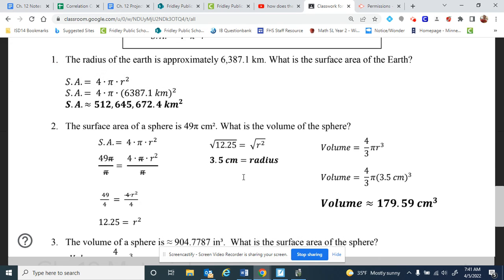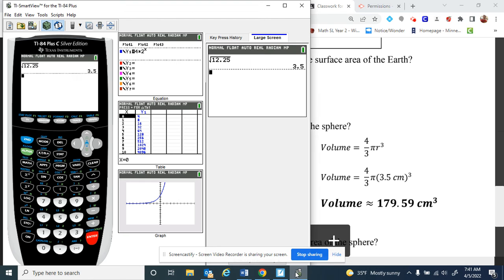And then we're going to take that radius and plug that into our volume formula. So it's 4/3 pi r cubed, which we studied in the previous lesson. So I'm going to type in 4/3 using parentheses here. 4/3 times pi times the radius, 3.5. And then to go to the third power, I'm going to hit the exponent key and then put a 3 down, because that will take us to the third power. And there we go,